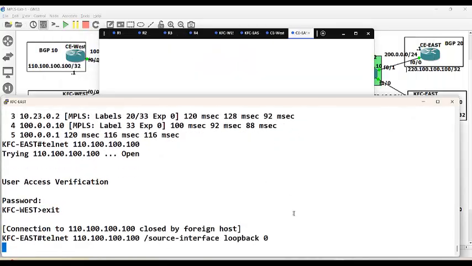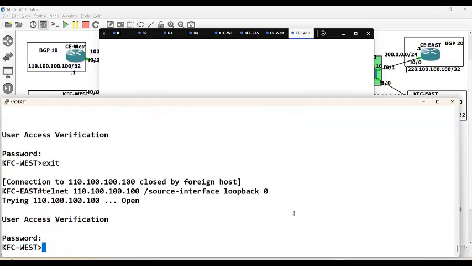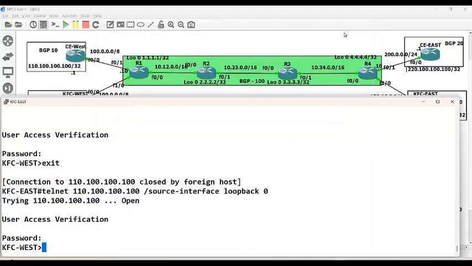From east, I put this and say ABC, it goes only to west. There is no cross connect because the route target is taking care of all this. You will understand